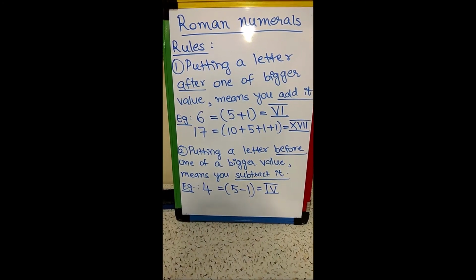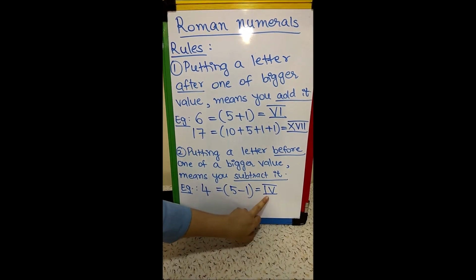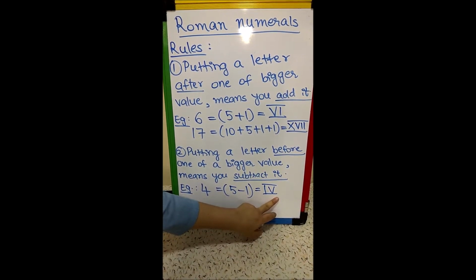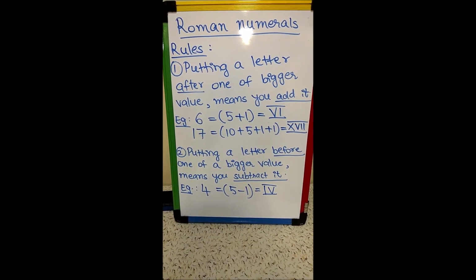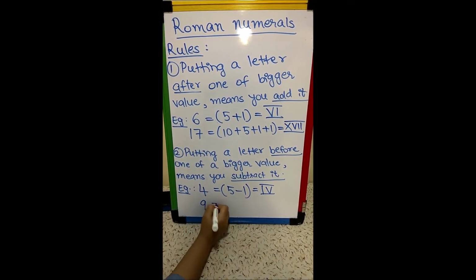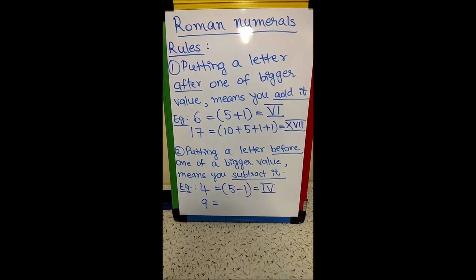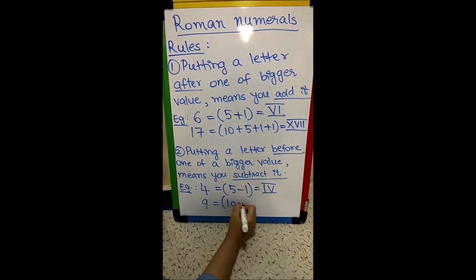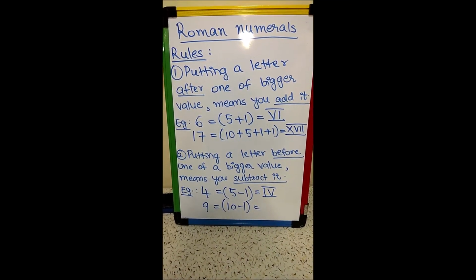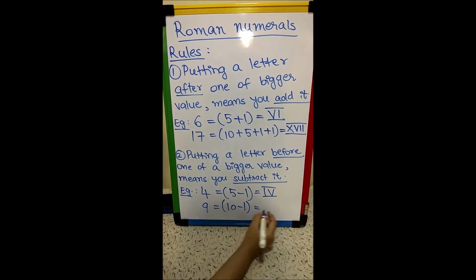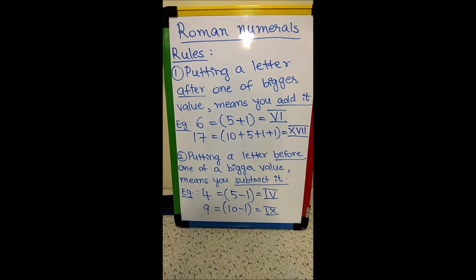As you can see, when we are going to subtract, our first Roman is smaller than the second Roman. Check that the first Roman I stands for 1 and V stands for 5. So when your first Roman is smaller than the second one, we subtract it. Similarly, let us take the second example, 9. We do not have the Roman of 9, so we have to do 10 minus 1, as we have the Roman of 10 and 1 both. As we are subtracting, we write the Roman of the smaller number first. So 1 will be I and 10 will be X. So the Roman of 9 will be IX.